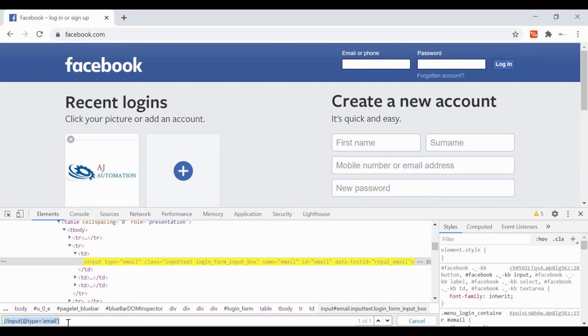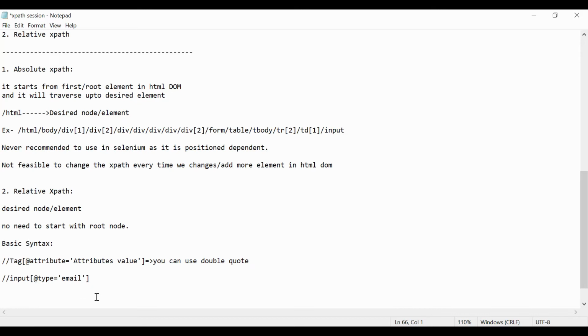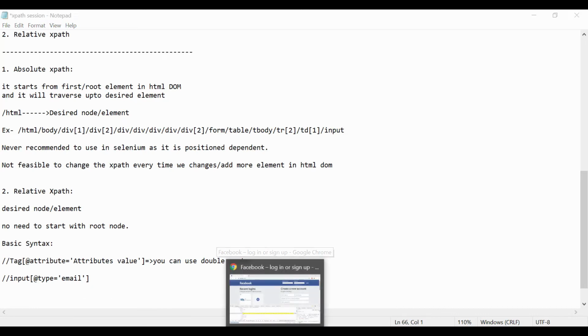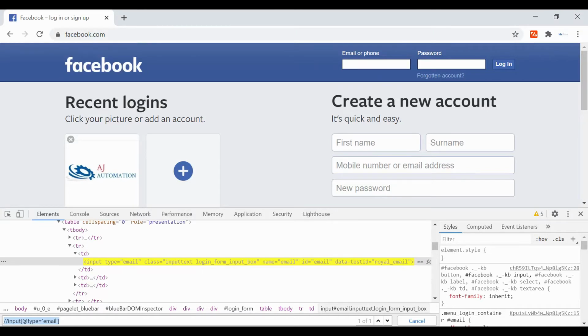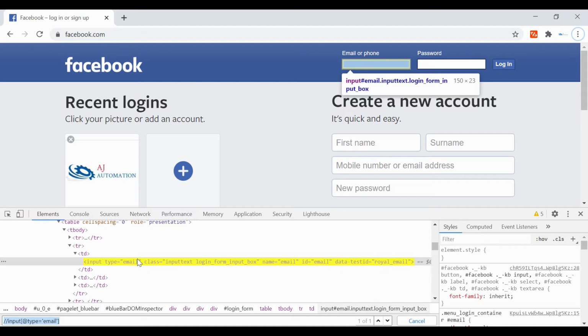So this is only the basic syntax and basic form we see about the relative XPath. Let us go and dig more into this. Let us use another attribute.